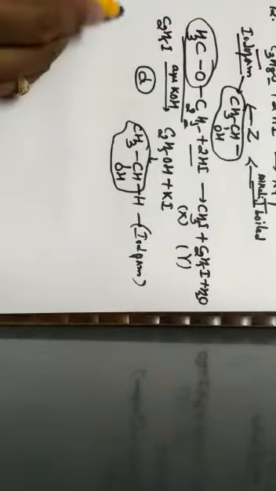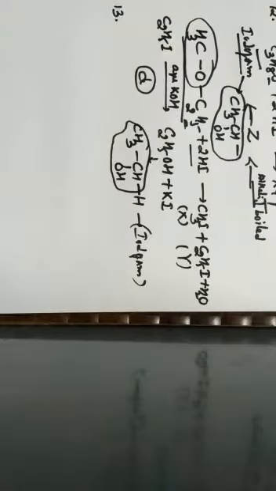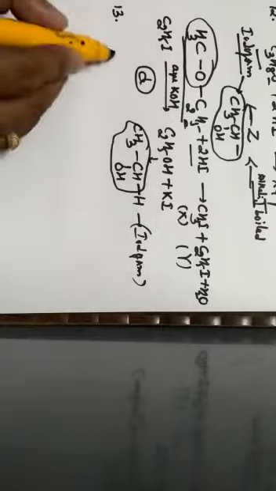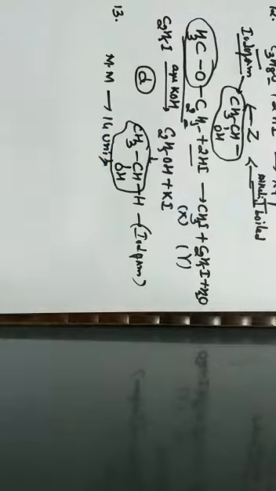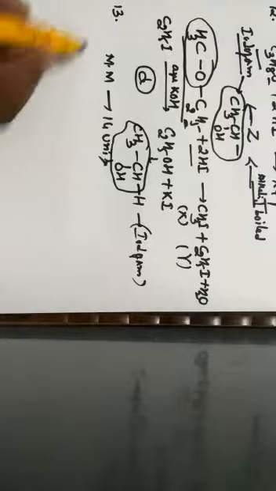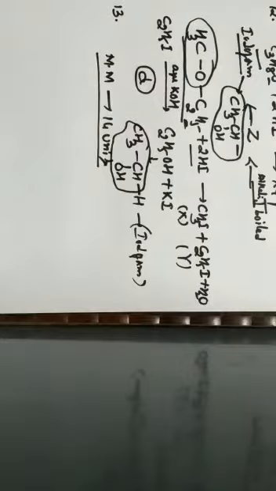Next one, question number 13. An oxygen containing organic compound upon oxidation forms a carboxylic acid. So here they are telling that oxygen containing organic compound upon oxidation forms a carboxylic acid as the only organic product with its molecular mass higher by 14 units. They are giving the hint that molecular mass is higher by how many units? 14 units. Identify the organic compound, whether it is an aldehyde, primary alcohol, secondary alcohol or ketone. So here what they have given, difference in mass is by how many units?